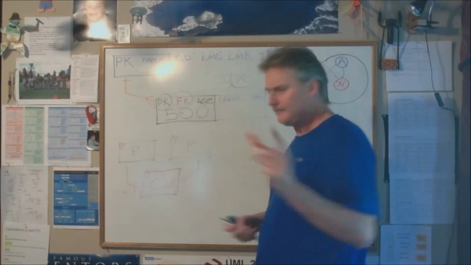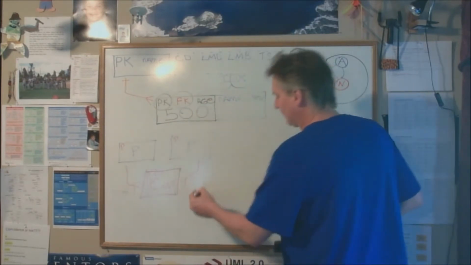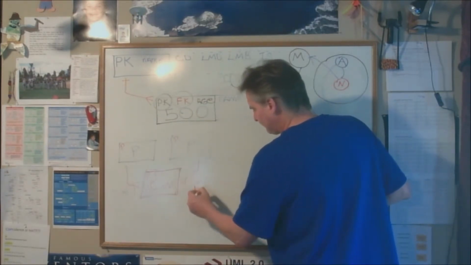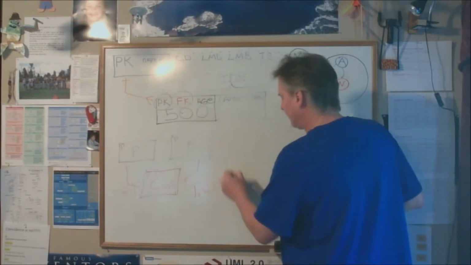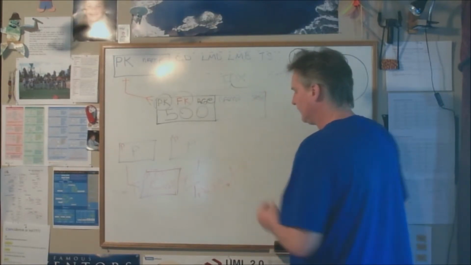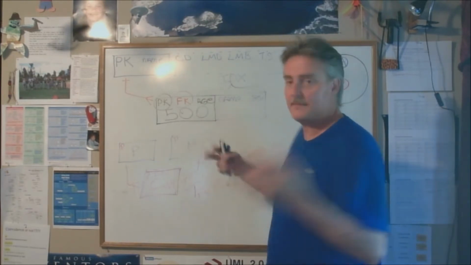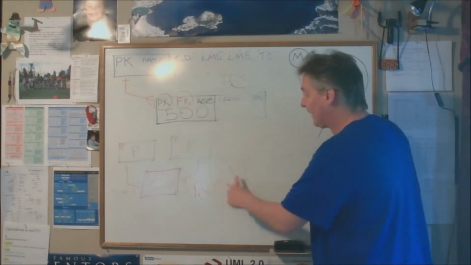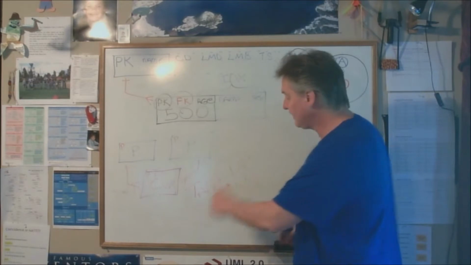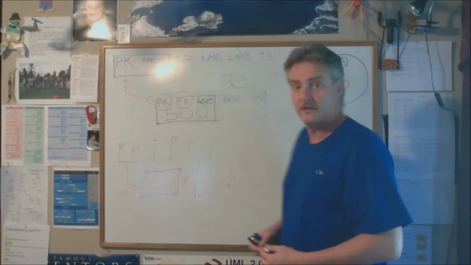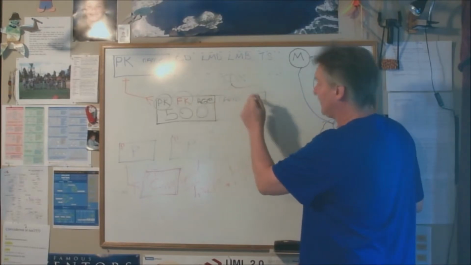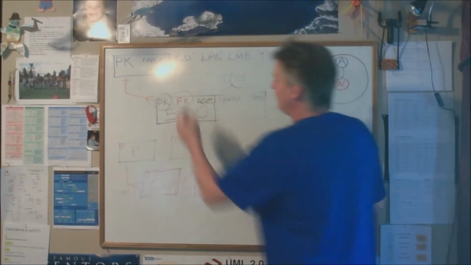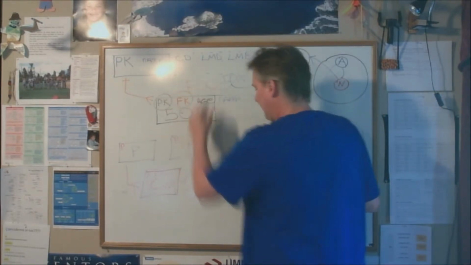Because think about this. Let me see if I can draw it. We'll say table name, right? There's the table, dot PK. So if my table is named table, I don't need to see table.tablePK. I just need to see table.pk or table.age or table.name or table.sex. If this table is named foo, then I just want to see